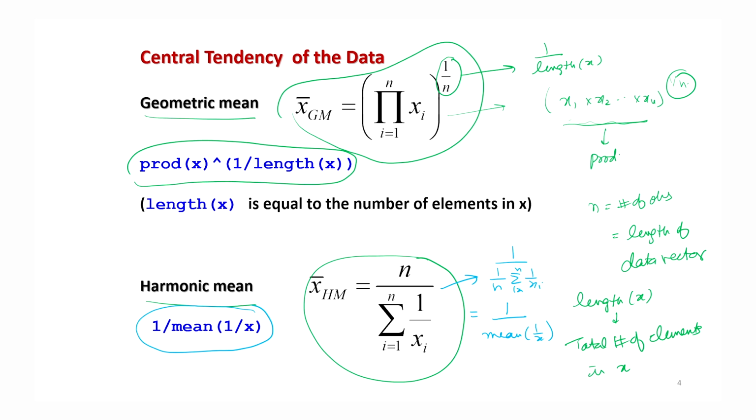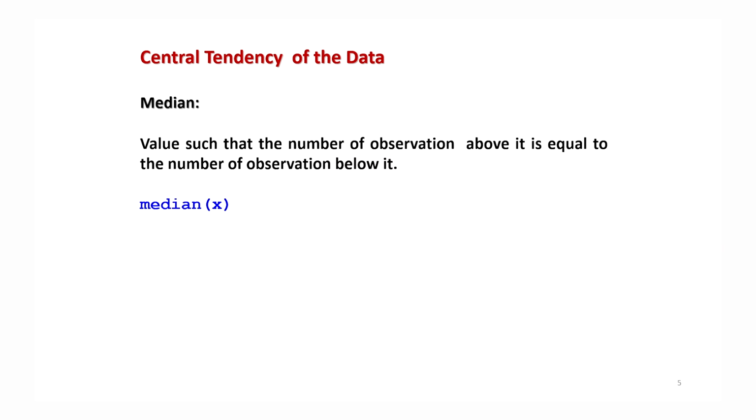The concept I want to convey here is not really to compute the geometric mean or harmonic mean, but that just by writing small statements, even if there is no built-in function, these quantities can still be computed very easily, right. Another popular measure of central tendency of the data is the median, and this is the value